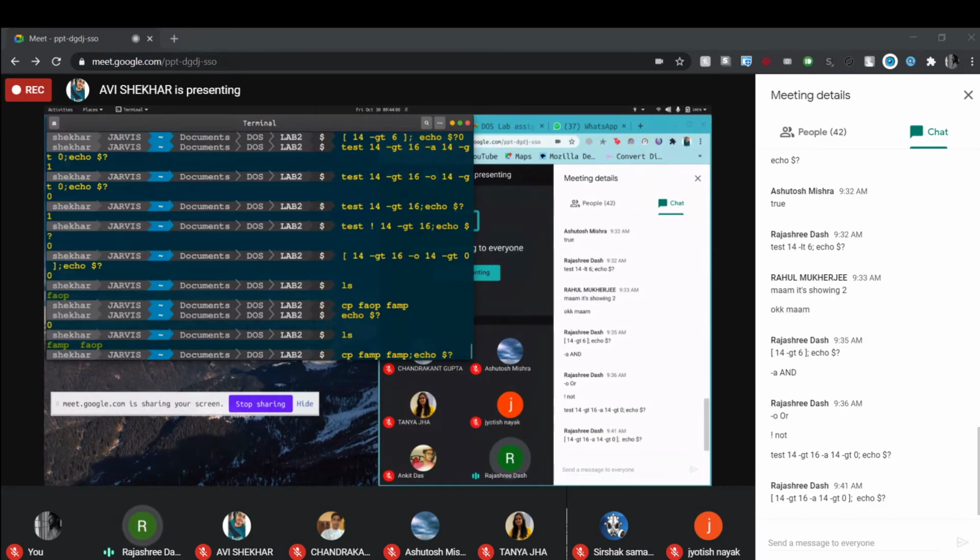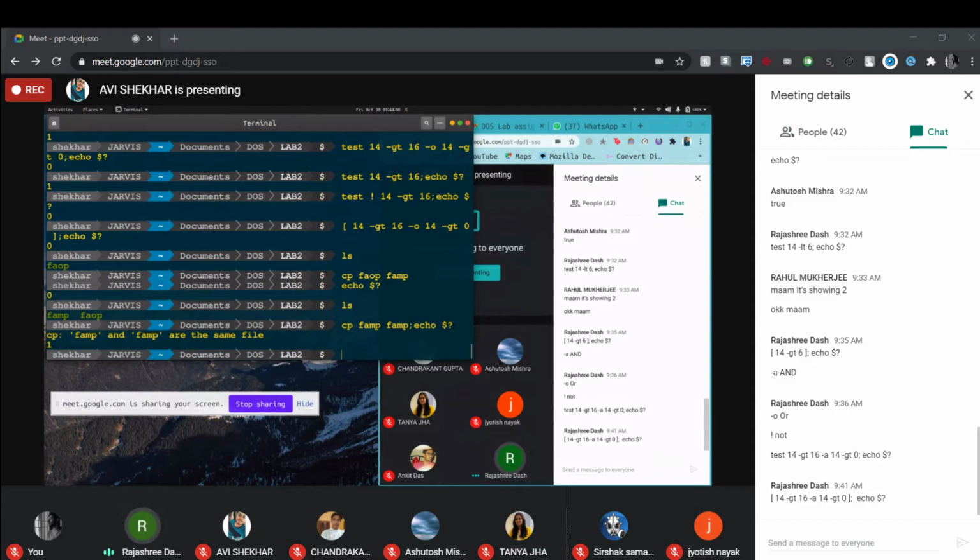So if you give the same file name in your source and destination, it is not able to copy. Here the copy command is not executing successfully because the same file name is provided in the source and the destination. So what is the output of echo dollar question mark? The exit status here for the cp command is 1. Got the thing?